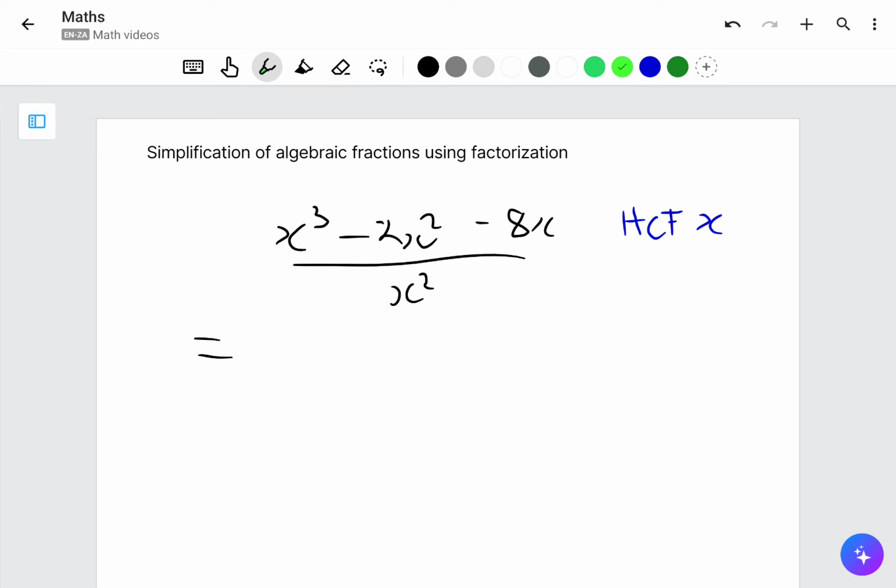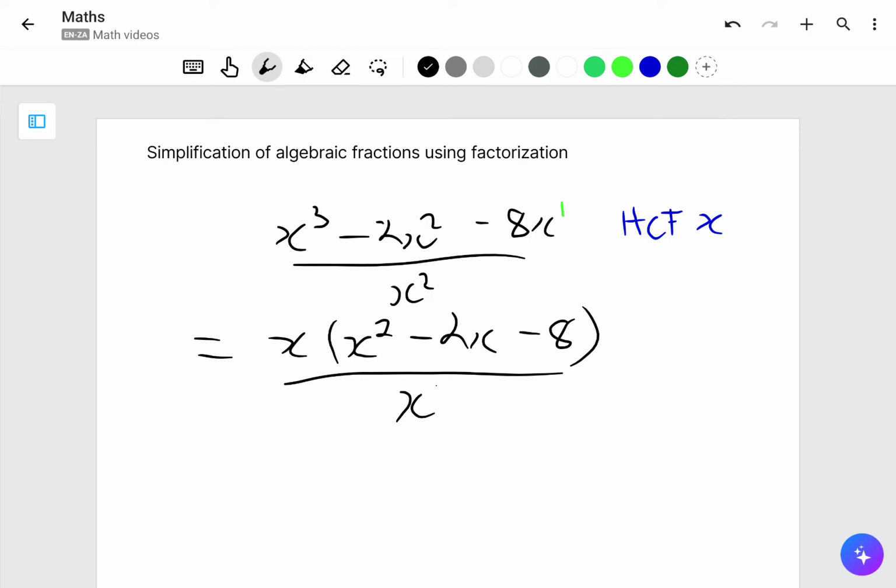Because remember, x to the 1 is my smallest exponent when it comes to the variable. So we're going to take out an x. We're left with x squared minus 2x minus 8, okay? All over x squared,